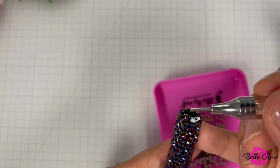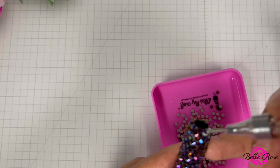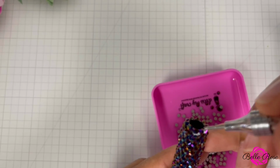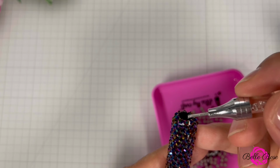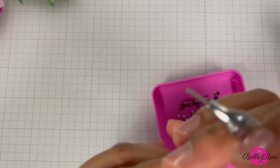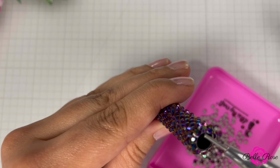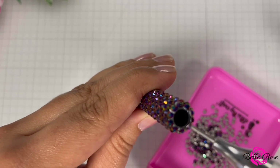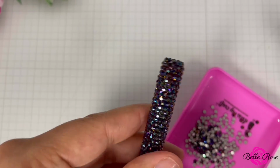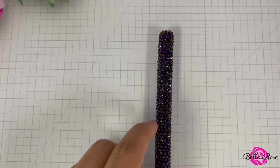Okay. Another great thing about this glue is it does dry clear. So that's a great thing. All right. There you have it. The top part is done. And I don't know if we can get the camera to focus, but you'll see to where the jewels will be even with the top of the barrel of the pen. And that's it. This is an easy craft, very, very easy. Now what we'll do is we'll bring back in